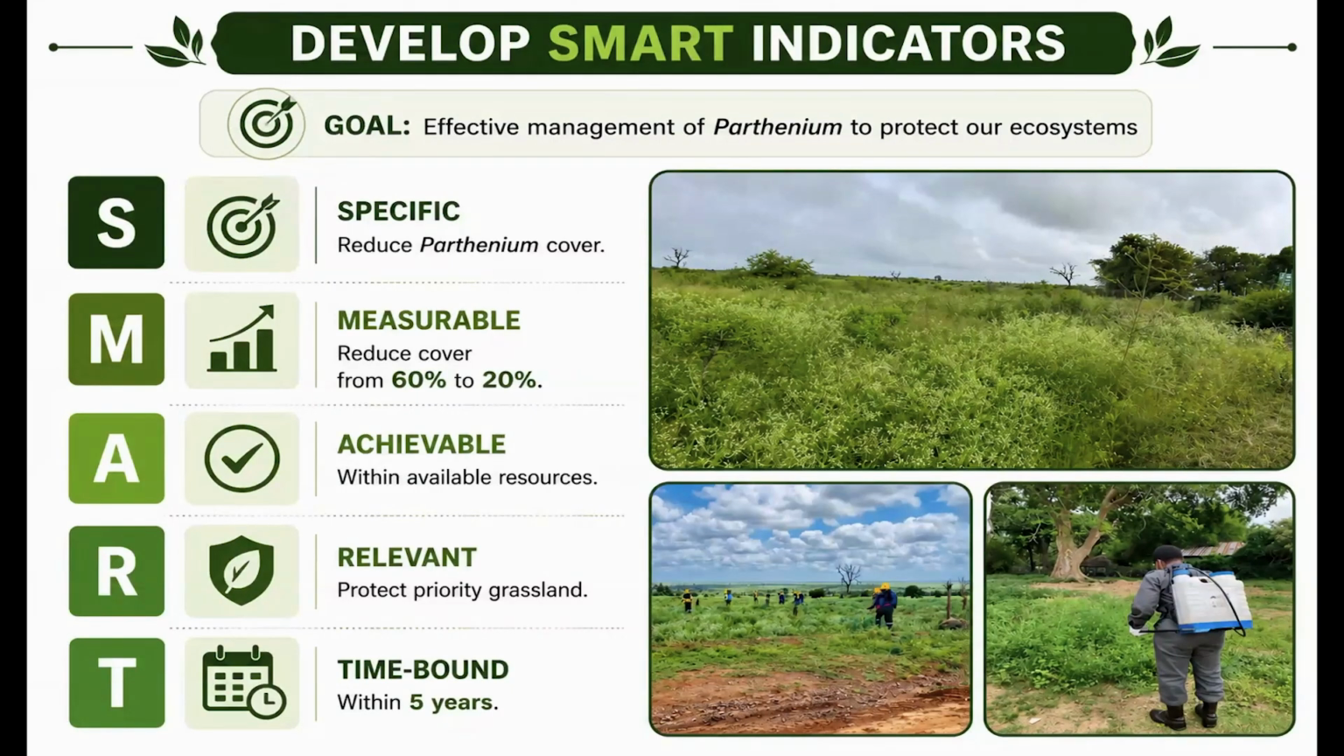So, as a manager, if you want to be able to see if you're making progress or results, it's important that you have a specific objective that you've set. So you can use what we call the SMART indicators. The example that I'm using here, I'm saying the goal is to effectively manage Parthenium in our ecosystem. So what the SMART indicator says, it says your goal must be specific. So in this particular case, we're saying we want to reduce Parthenium cover. It must be measurable. So you can say, I want to reduce the infestation maybe from 60% to 20%, and